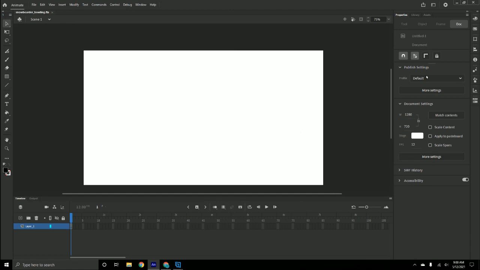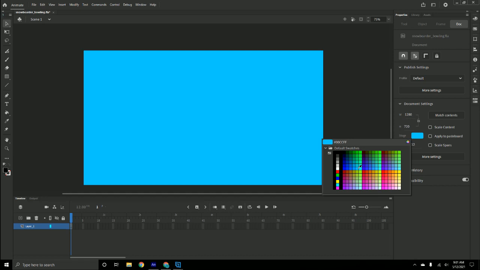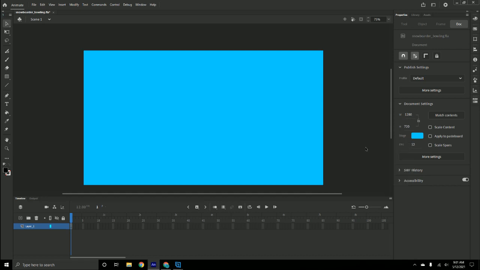Okay, in my properties panel, let's check. We have this. Again, make sure your frame rate is 12. If it's not, just click in it to change it. And we want to change our stage color. Choose something sky blue, preferably. Because we're going to be making numerous scenes, the stage color will stay consistent throughout your project. So choose a color of sky blue,